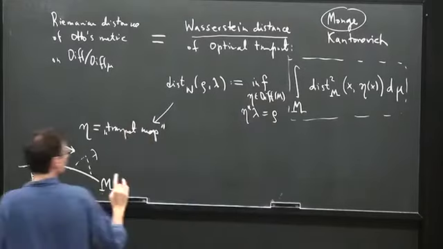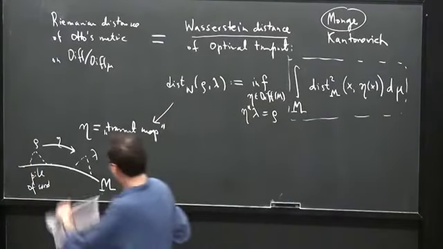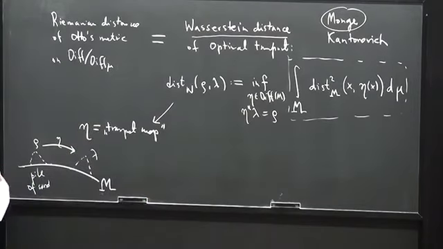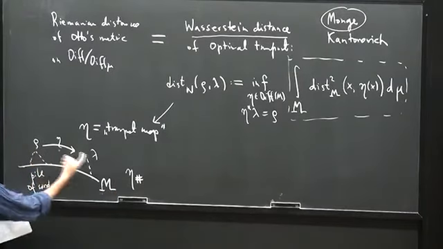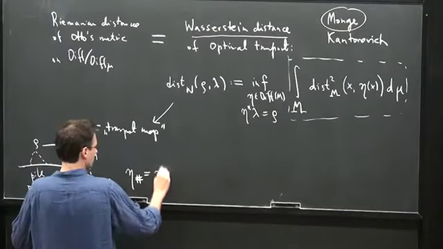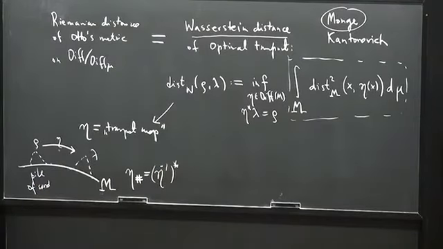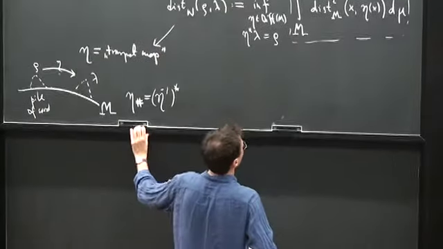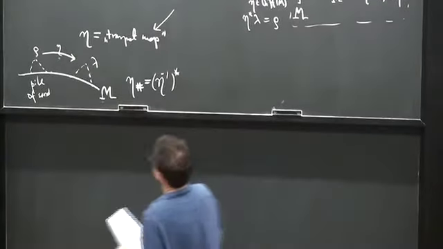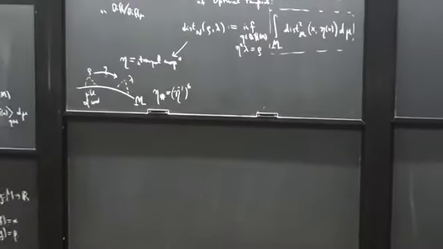Actually, wait a minute. Here I'm kind of pulling back eta to rho. I think in optimal transport theory, they usually work with the push forward from rho to lambda. So this is a pullback by eta inverse. I think this is usually described in terms of push forward. Okay, so this is the link to optimal transport, and therefore one can think of in this setup,